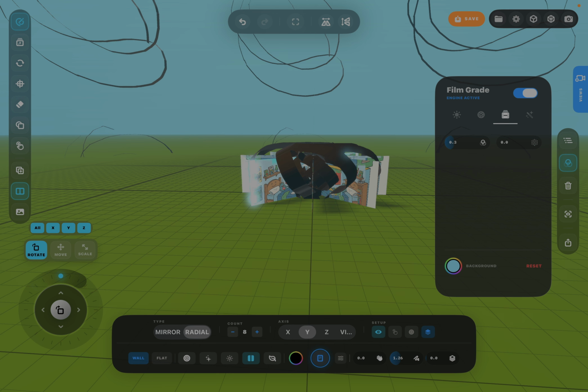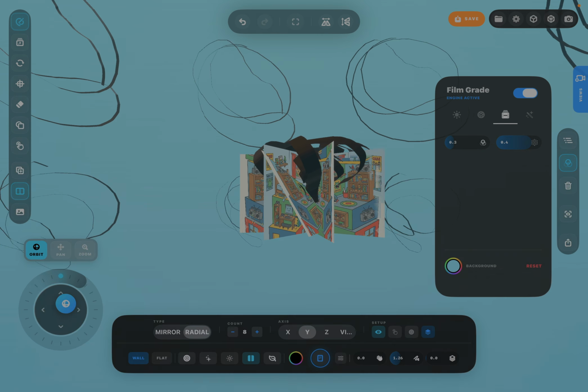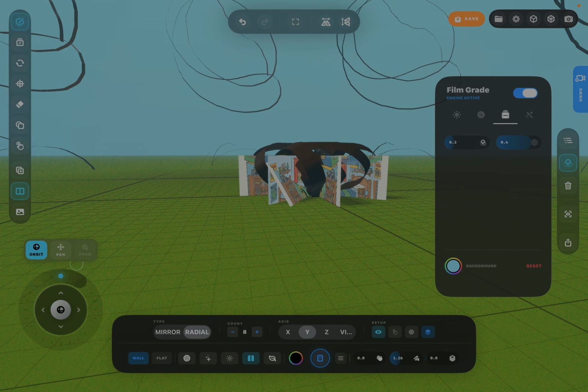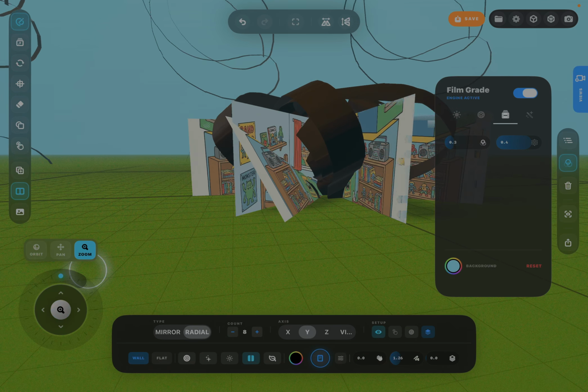Next, you have some fine film grain. I'm not sure if you'll be able to see that in the recording, but there is a really fine film grain now being cast on the screen. And then you have the overall vibrance of the scene. All of these settings are going to get applied to all the objects